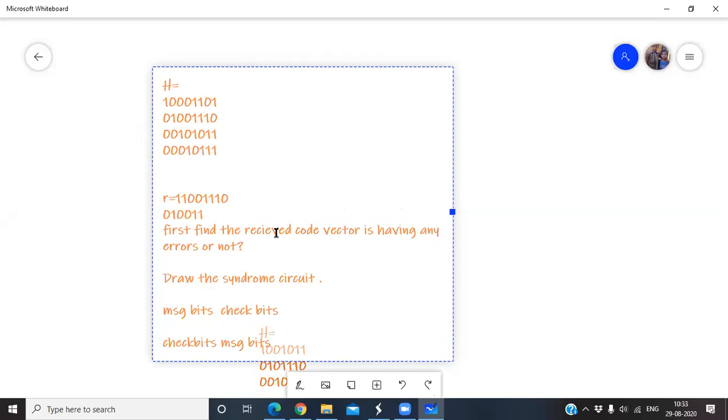0100 1110. Now look at the table. What is the message bit here? 1110 is the message bit, not the 0100. For 1110 message bits, what are the check bits? 0100 are the check bits. Now that is available in your list actually. But here, first check bits, next message bits. So 0100 check bits, 1110 message bits. Now clear about this, all of you?